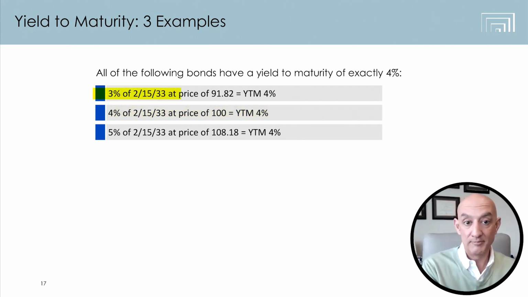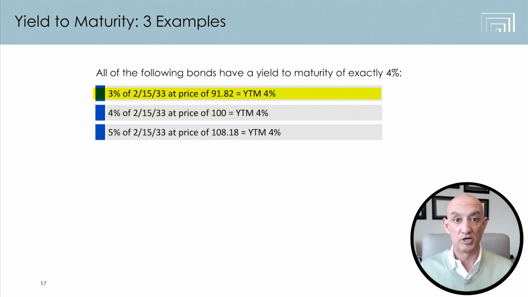Now, there's another bond, that 3% bond that we talked about. That bond only pays $30 in interest for the next 10 years. It was issued a long time ago, but you're never going to pay 100 cents on the dollar for that bond that pays $30 in interest when the current bond pays $40 in interest. And remember that between now and maturity, price is the only thing that changes.